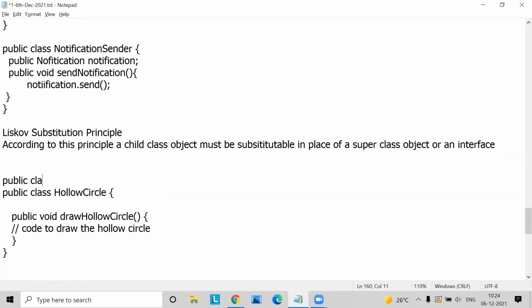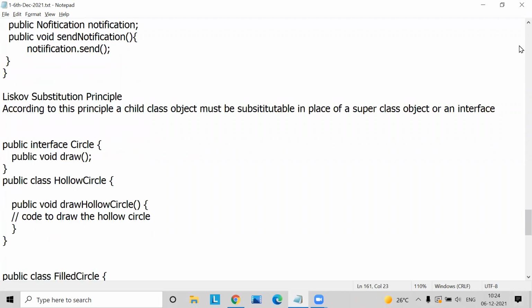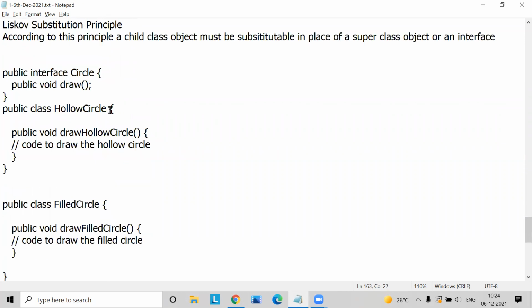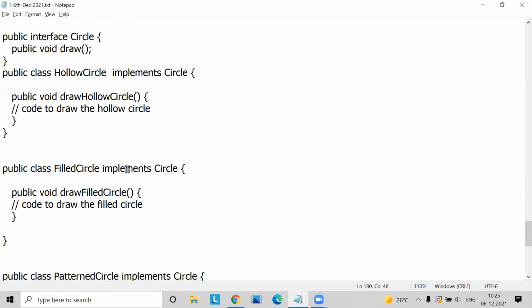Okay, public interface Circle. What I do here is I provide a method, public void draw. Inside the draw method, because an interface is abstract, this is an abstract method, and I force these classes to implement the Circle interface. I implement Circle across the circle classes, this one, this one, and this one. So when a class implements an interface, rule number one is that the class has to override